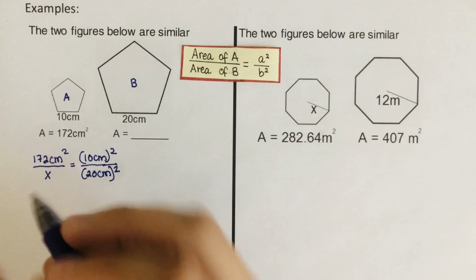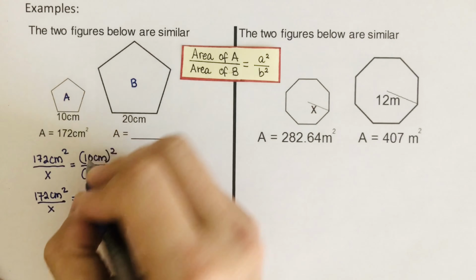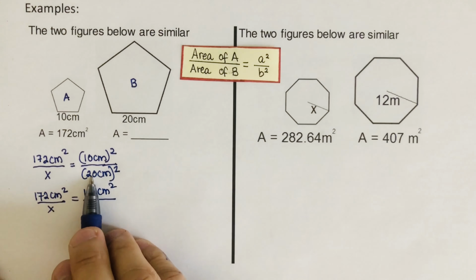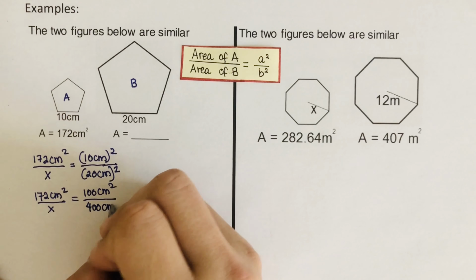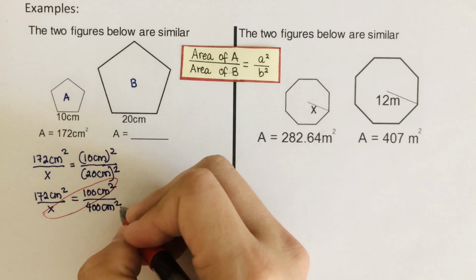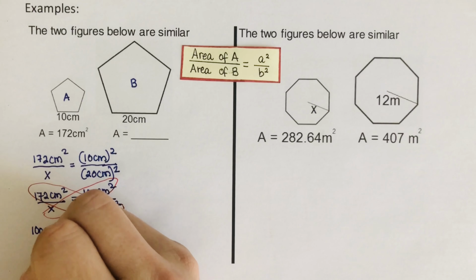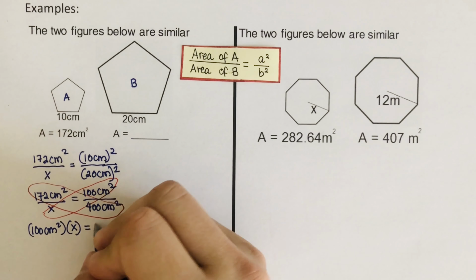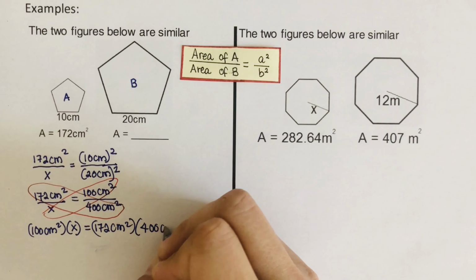So let's square both of them. We're going to rewrite it: 172 centimeters squared divided by X is 10 times 10 is 100 centimeters squared, over 20 times 20 is 400, and centimeters times centimeters is centimeters squared. From here, we can cross multiply these two and these two. So we can rewrite this as 100 centimeters squared times X is equal to 172 centimeters squared times 400 centimeters